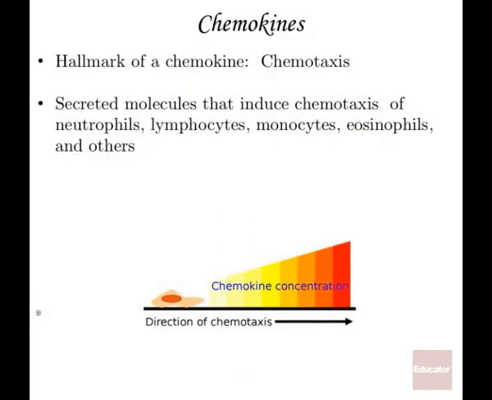So, what about chemokines? What are chemokines? Chemokines are chemicals released by these T cells that cause other cells to be attracted. They induce chemotaxis of other immune cells, like the neutrophils, the lymphocytes, the monocytes, the eosinophils, and other cells. The innate cells engage in activities that are a little more generalized, but the T cells and B cells are very specific. When you release these chemokines, you draw all of these cells to the scene of infection, and then they can participate collectively